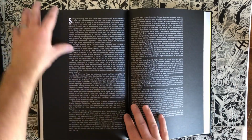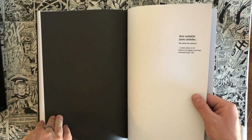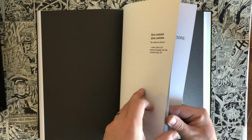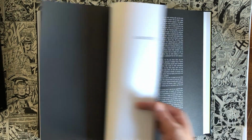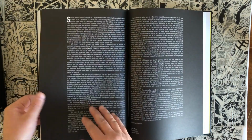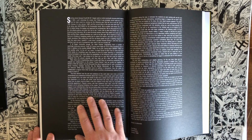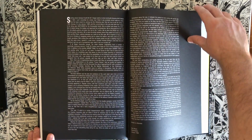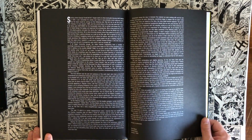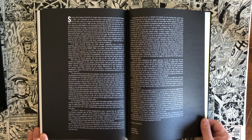So this is the back matter. That's the end of the book. And then here are the minutes. Again, sticking with the clock thing. So this is Alan Moore. He wrote this in 1988. I'm thinking he wrote this for one of the earliest collections of Watchmen, because right away they wanted to piece it together in a trade paperback, or they were really pushing the name